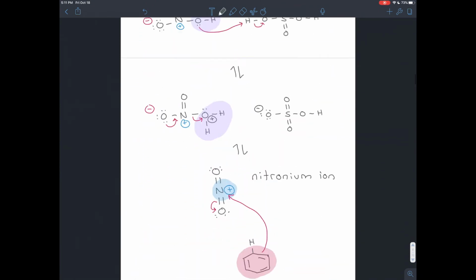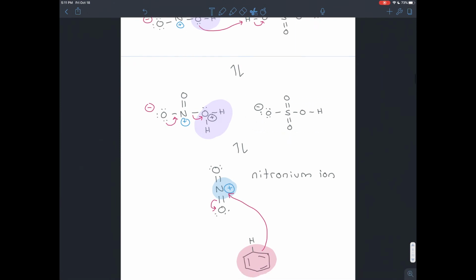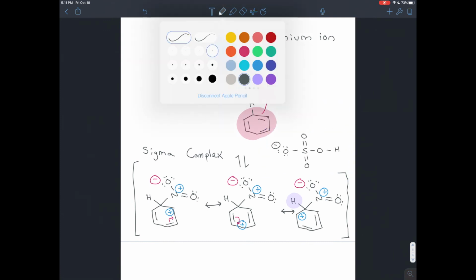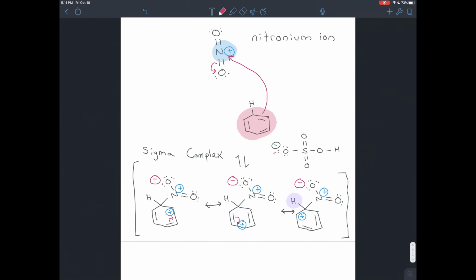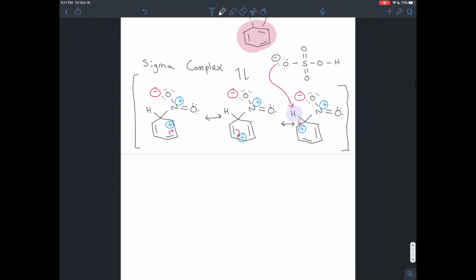So here, what we're going to have is the conjugate base of the sulfuric acid. That comes back, that's missing its hydrogen, and so it can get it back just by attacking it. The hydrogen goes to form the aromaticity again. The electrons go back to form the pi bond that restores aromaticity. So you end up with the benzene ring,